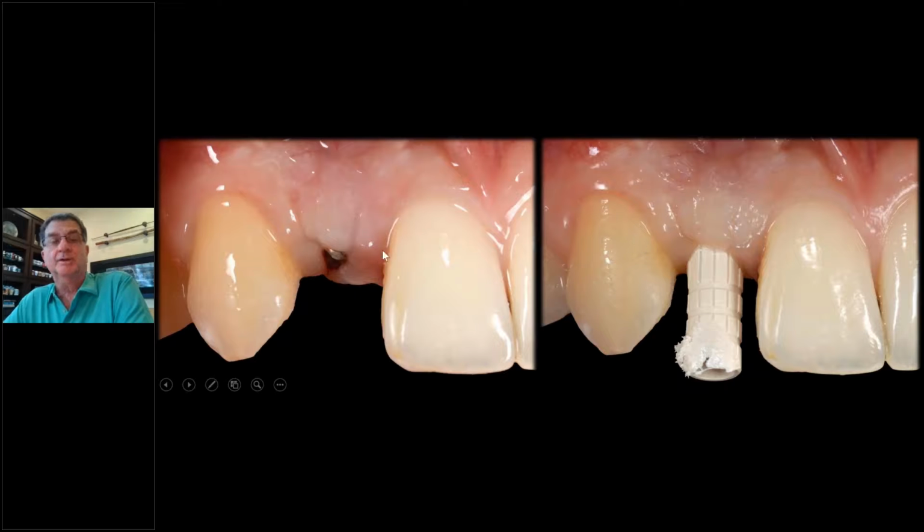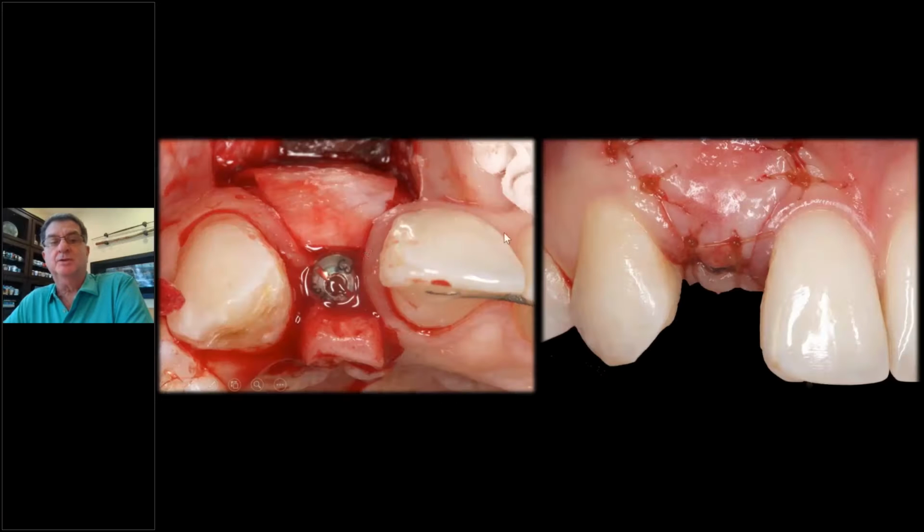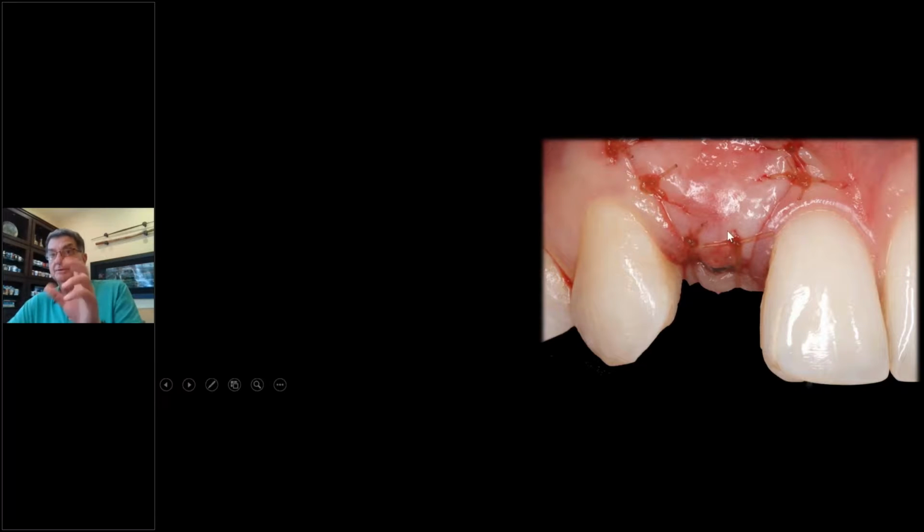And so we put on a straight healing abutment, that's the key. We go back for a second. When you do this, put on the straightest healing abutment you have. Don't put a temporary on it, or else it'll push this tissue out. Then this keloid that he calls it, it's really not a keloid, the groove gets bigger. So the key here is when you have a healed ridge, do not put a full temporary on that tooth. Put a straight healing abutment for whatever company you're using. That way you can get good closure here and minimize the opening in this groove. Otherwise, you can suture as much as you want, but if you push that tissue out too far, it won't adapt.